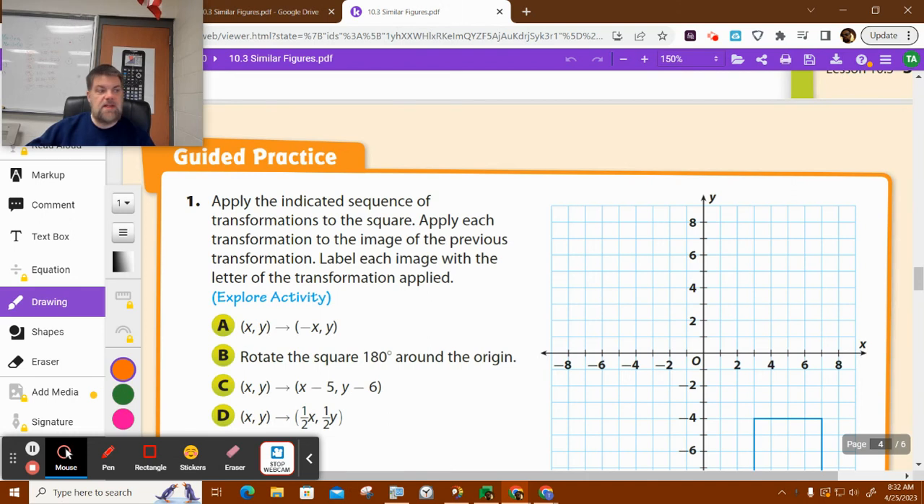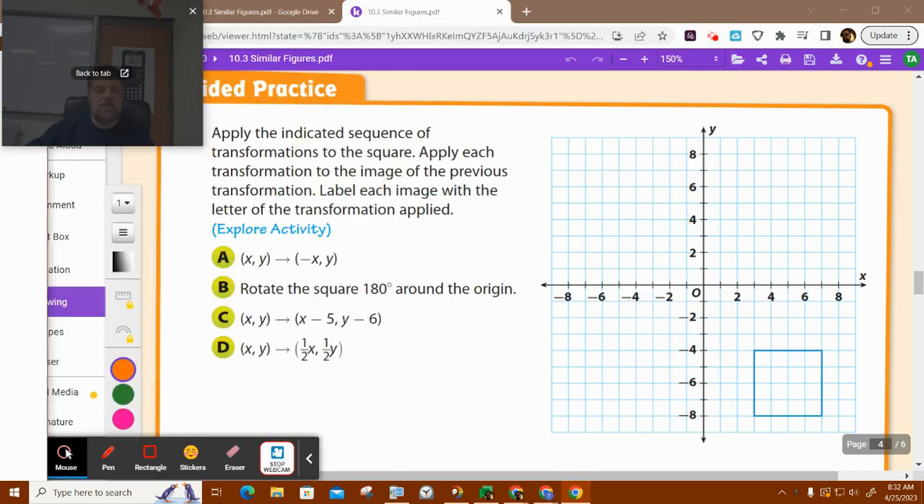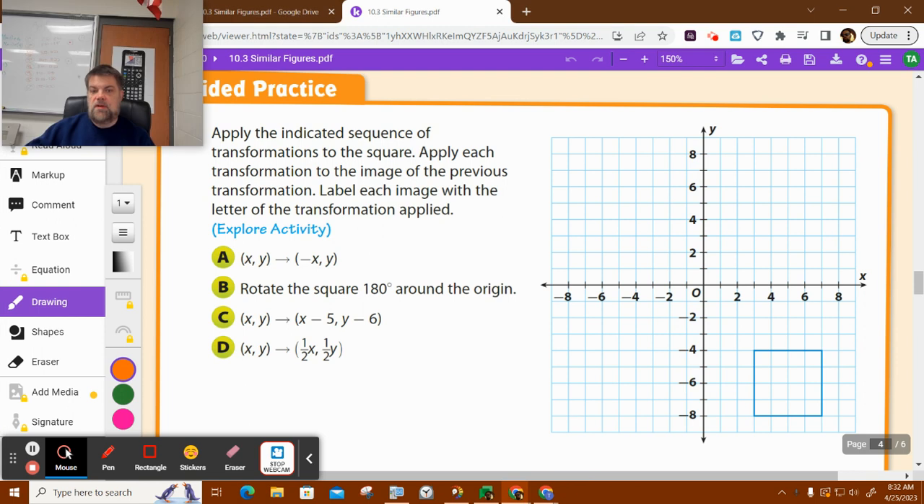Okay, so it says apply the indicated sequence of transformations to the square. Let me scroll up so you guys can see the square. The indicated transformations, the first one is, it looks like, now, can you guys tell me what you think A is without... reflection across the y-axis? So what they're saying is, whatever this x value is, I'm going to change it to